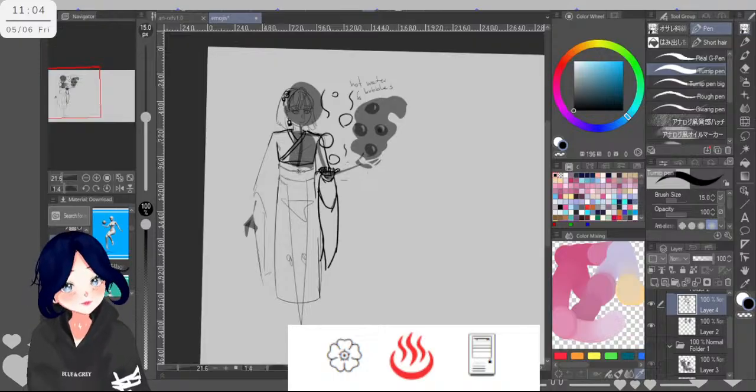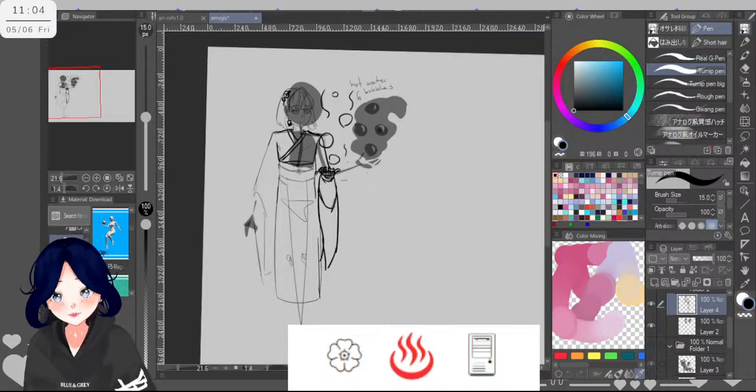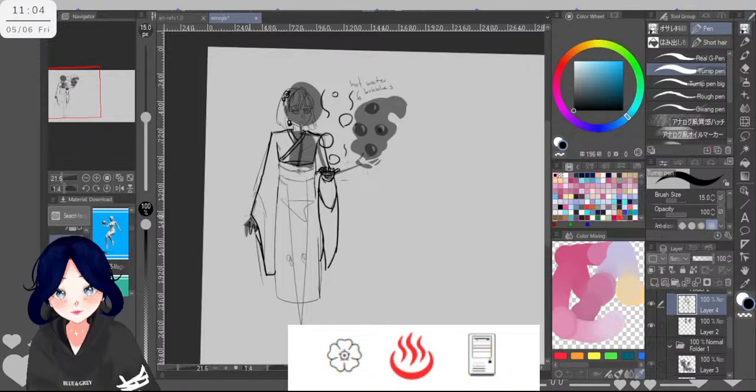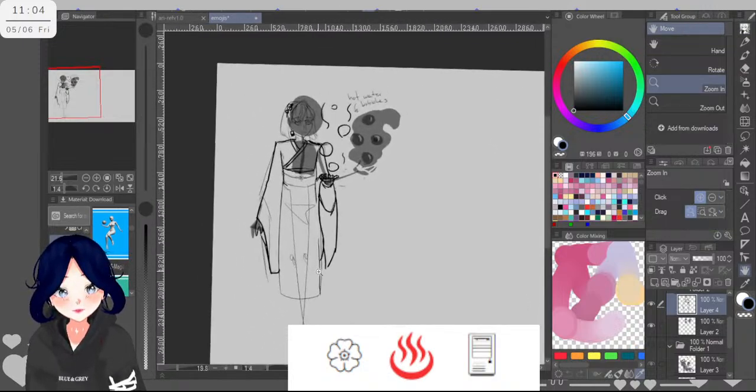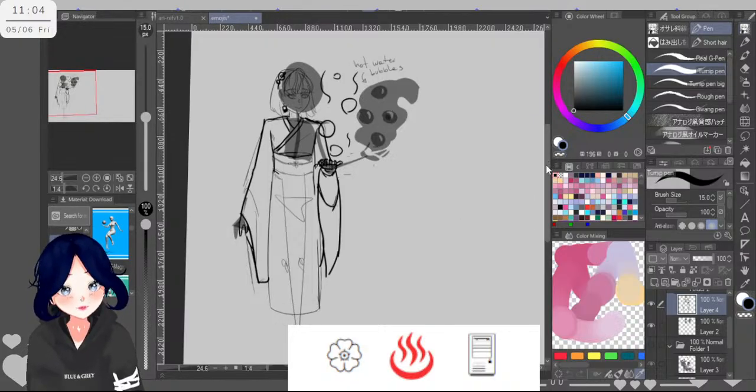And now the other arm shall be going almost straight down here, just slightly over, and then here. Like this. Okay, I think it is looking a lot better here right now.